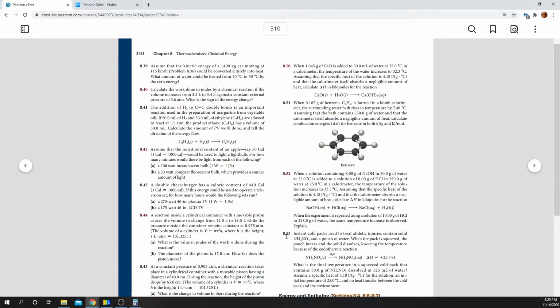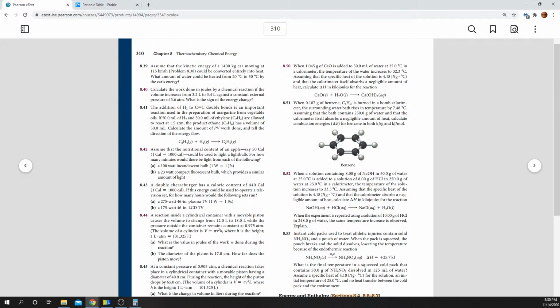50. 1.045 grams of calcium oxide is added to 50 milliliters of water at 25 degrees Celsius in a calorimeter. The temperature of the water increases to 32.3 degrees Celsius. Assuming that the specific heat of the solution is 4.18 and that the calorimeter itself absorbs a negligible amount of heat, calculate delta H in kilojoules for this reaction. Just kilojoules. Okay, so